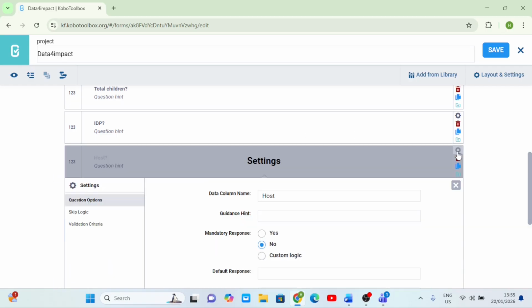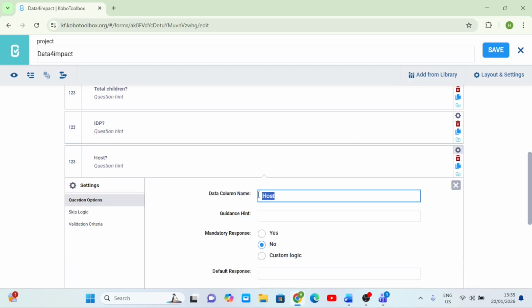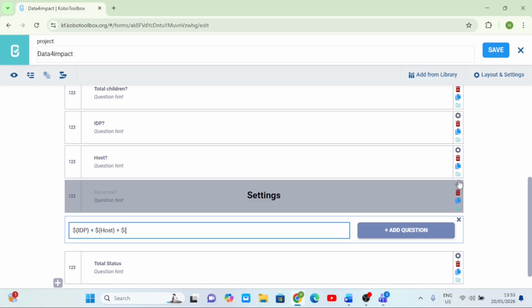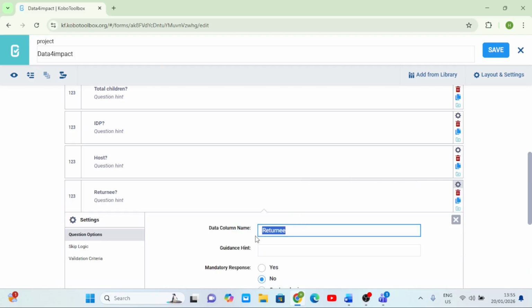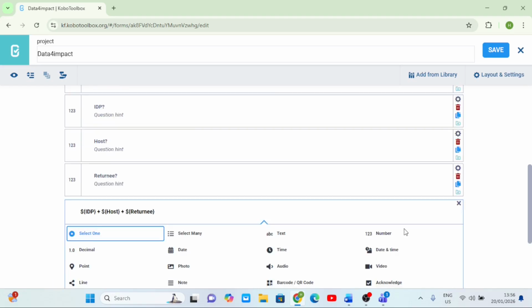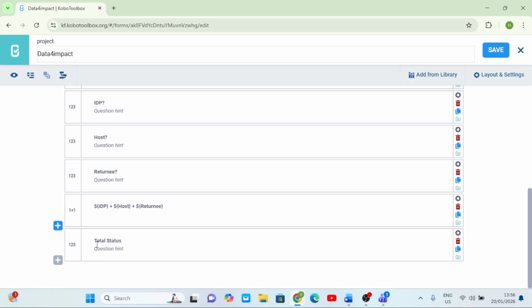I come to host, copy, Control C, come and paste it there. Close my curly bracket space plus $sign open curly bracket. Then I come to returnee, Control C, Control V, curly bracket closed. So now I'm saying that IDP plus host plus returnee, and then I want a calculation to be appearing here,